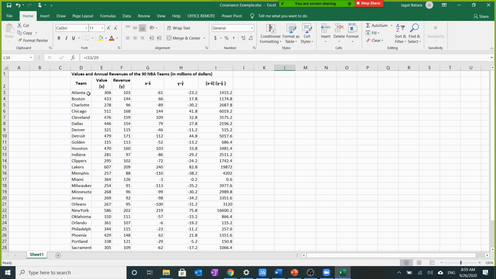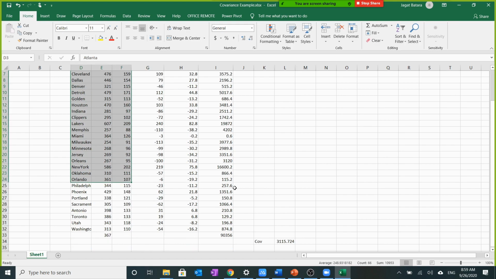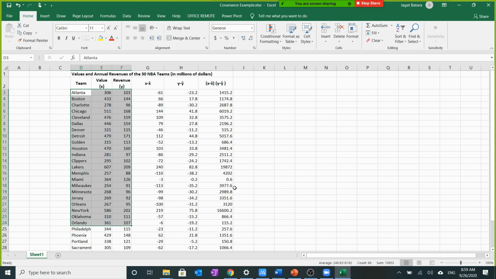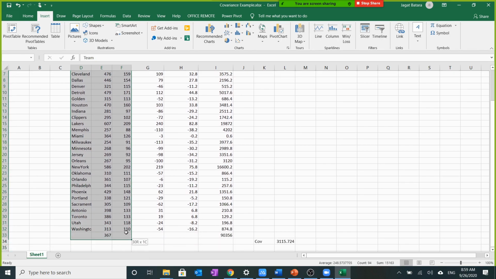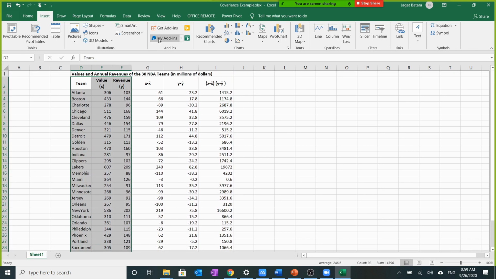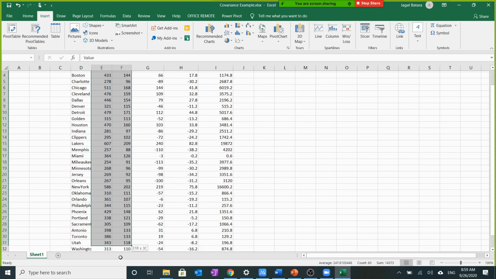Next I will give you an example. You will learn about linear regression not today, maybe next week, but I will give you an example of why we need to know about this. If they have a positive correlation, so what? So I will create a scatter chart from the value and revenue.